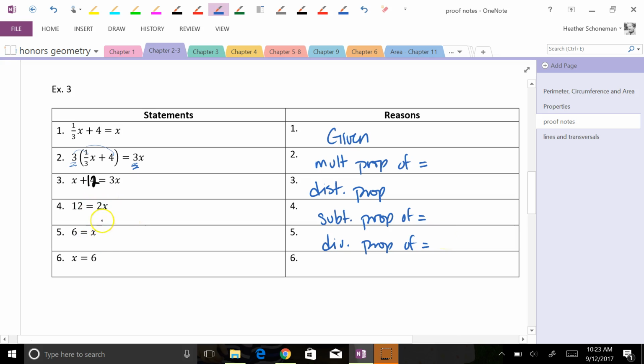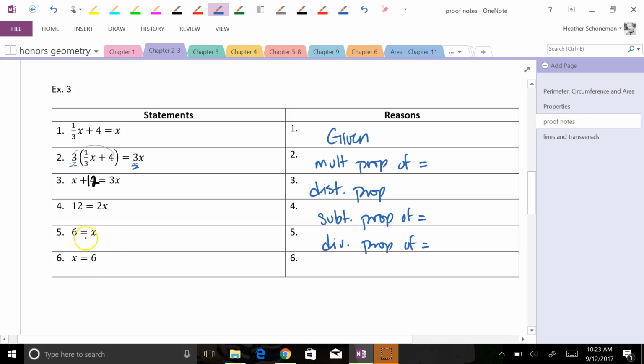Notice how this x has been on the left. Well, I can't just automatically put it on the right. When we solve these equations and finish, if the x's have been on the right, you can't just automatically put it on the left like we're used to. But to finish these equations, the x has to end up on the left side of the equation for it to be officially done. So what says that we have 6 equals x, we can rewrite it as x equals